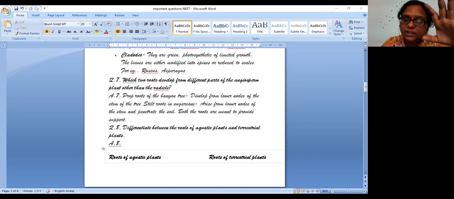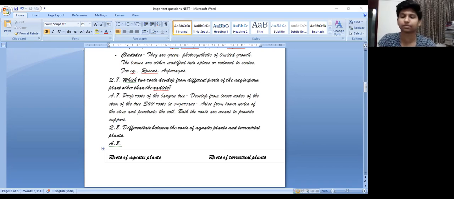And the best thing is that you have to see the diagram. If you see the picture, then only it will be fixed in your mind. If you see the aestivation or the venation or whatever it is, mainly the flowers, you have to see how it looks if the stalk is not there, and how it looks if the stalk is there. If you cut the flower, whether the symmetry is coming or not coming. When you see the picture, it will go into your mind. Did you understand, Nivi? Yeah.